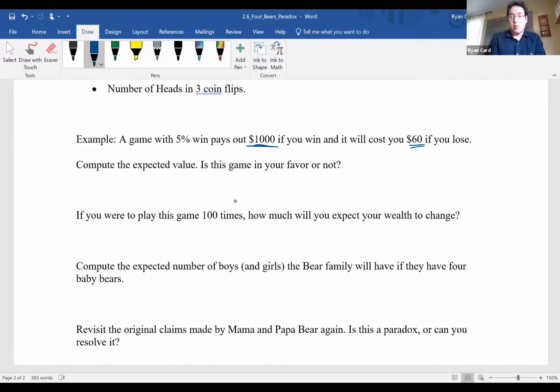So there's a small chance of winning lots of money and a large chance of losing some money. Expected value can tell you whether, on a long run average, you expect to earn money or lose money? And once you compute that,